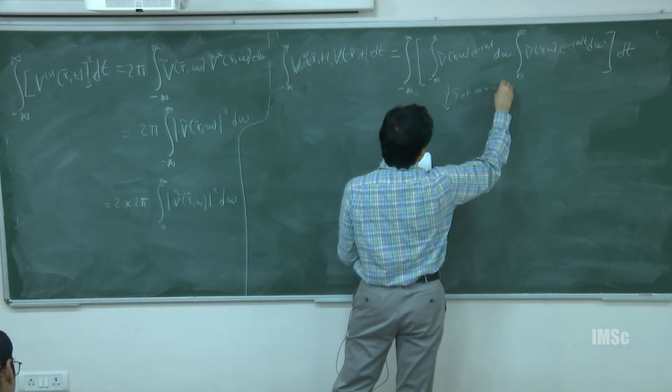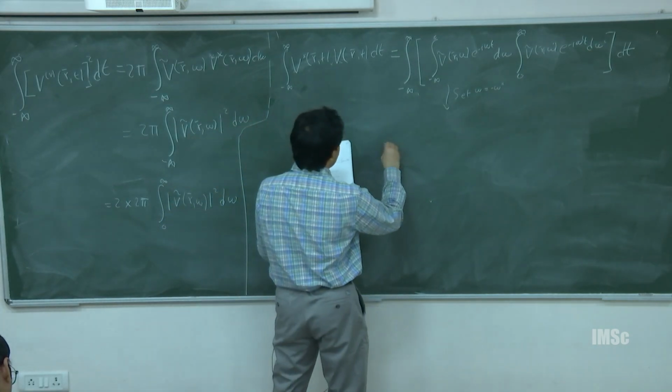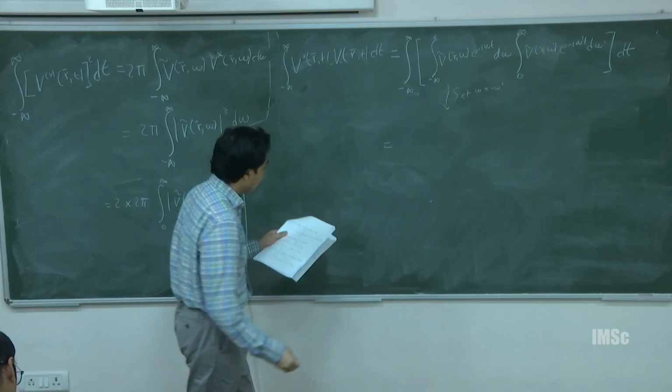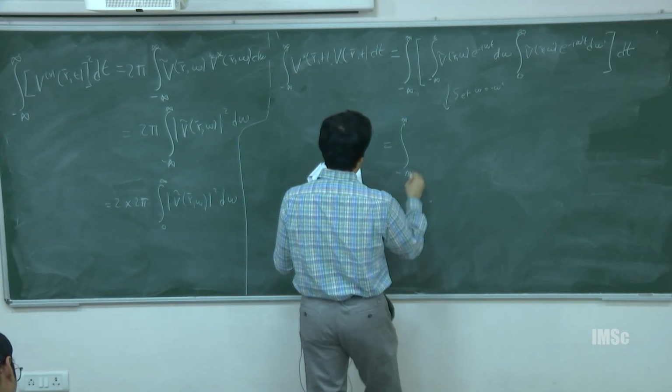Set omega equals minus omega double prime. And when you do this one, you will get